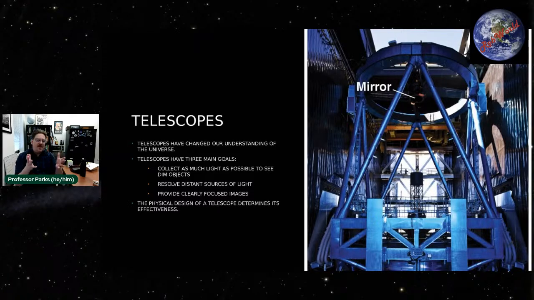But what are the three main goals of a telescope? And as I like to say, I'll use the old sort of racy joke, bigger is better. For an astronomer, that is certainly true. You want the biggest telescope you can possibly get, which is why we are constantly building bigger and bigger telescopes, to the point that on the horizon, the Americans are trying to get the TMT built, the 30-meter telescope, which is a telescope that is going to have a collecting mirror of 30 meters.